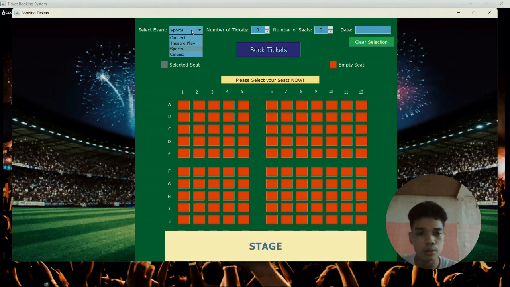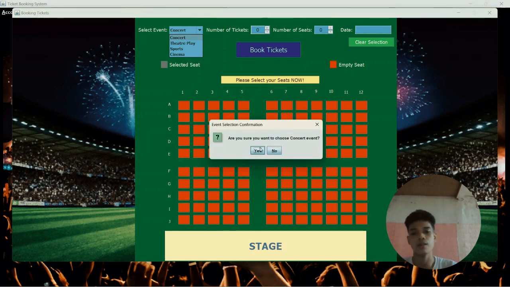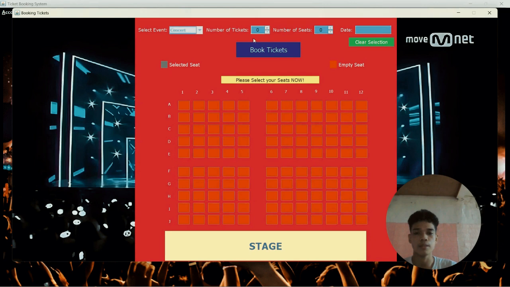So let's say I want to book again another event. I'm choosing the concert event. Okay, are you sure? And I'm clicking the number of tickets is 5. The number of seats is 5 also.